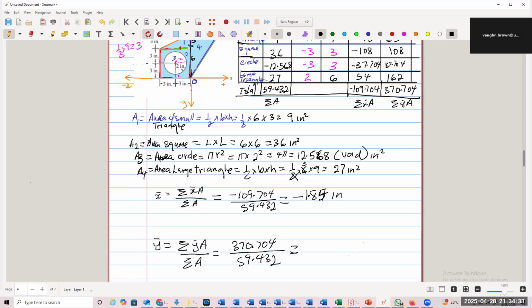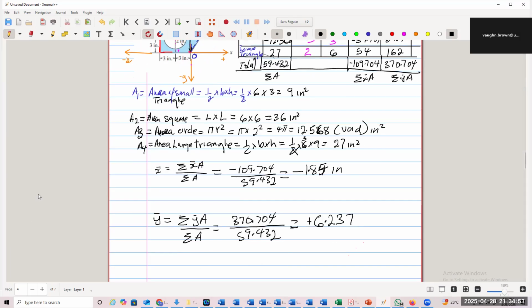So this one is positive. What do you get for that? 6 point something? 6.237. Because of what you're using it to do, it might become very cumbersome to use four figures. So we'll take the approximated 6.24. Work with 6.24. They don't want such a big figure to work with. All right. So what we're actually saying is that